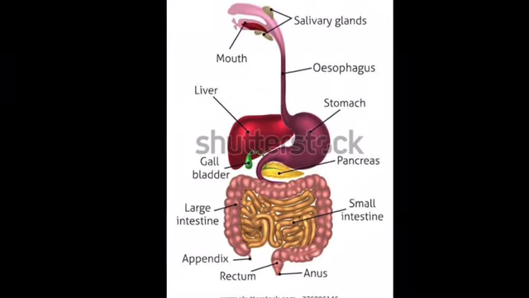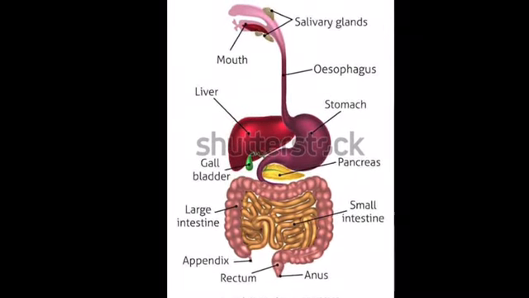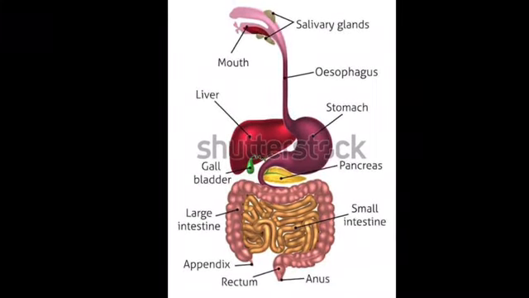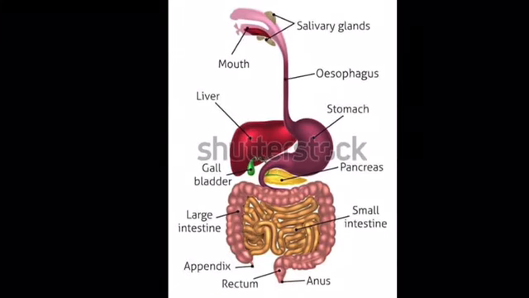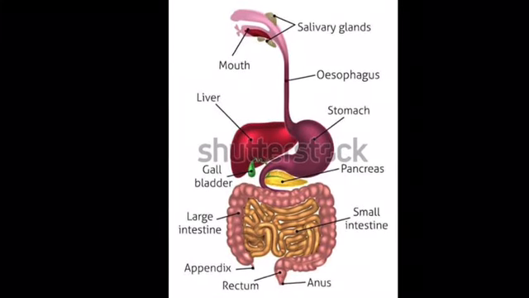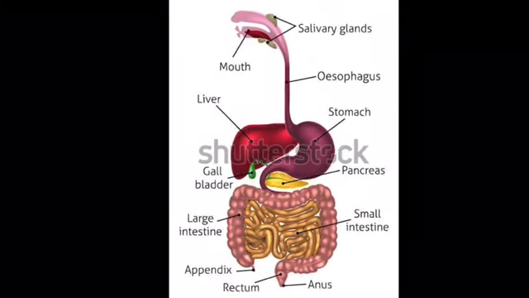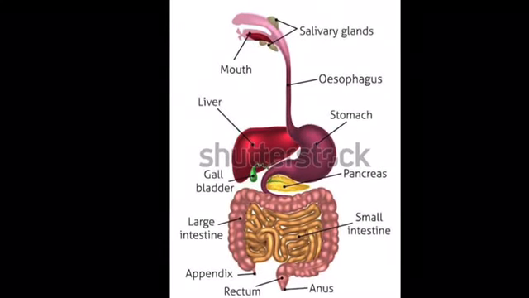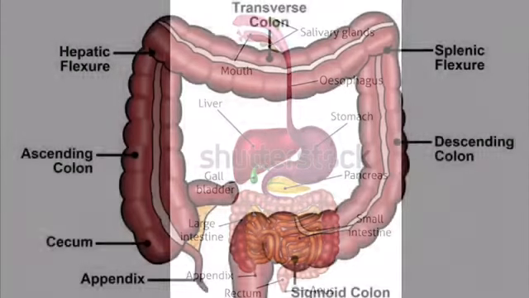Now, we left some undigested part of the food in the small intestine. We were following the nutrients only, the digested part. What happens to the undigested food in the small intestine? From the small intestine, the sphincter muscle will allow little by little undigested food, that is the roughage, to the next part of the alimentary canal, the large intestine.